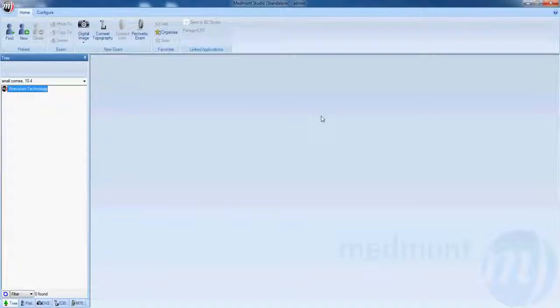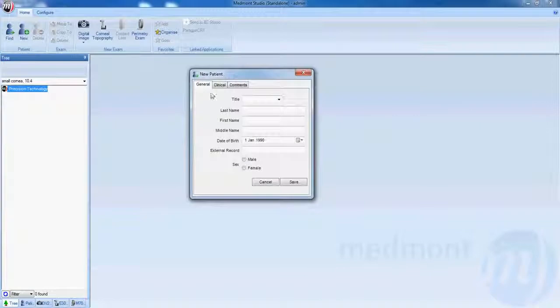This is video 2 on creating a new patient as well as capturing a corneal topography with your Medmont E300. Start by creating a new patient in the top left-hand corner, clicking on the New button. Enter in your patient details,